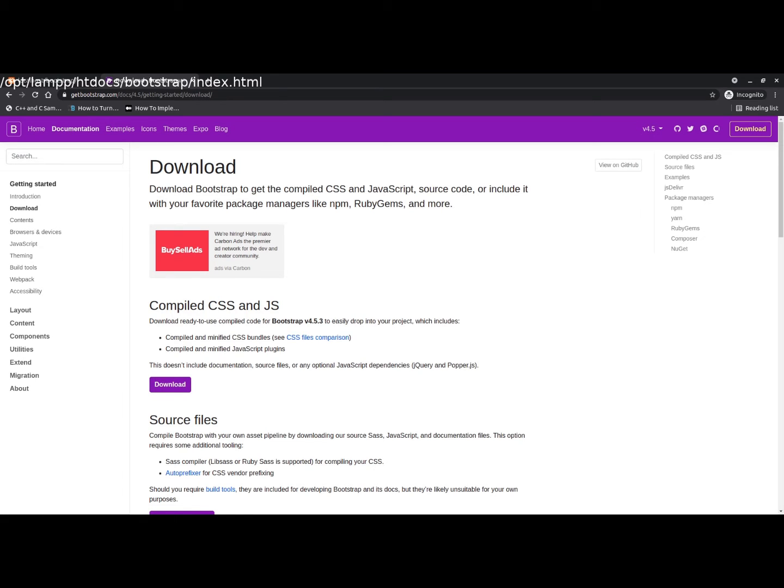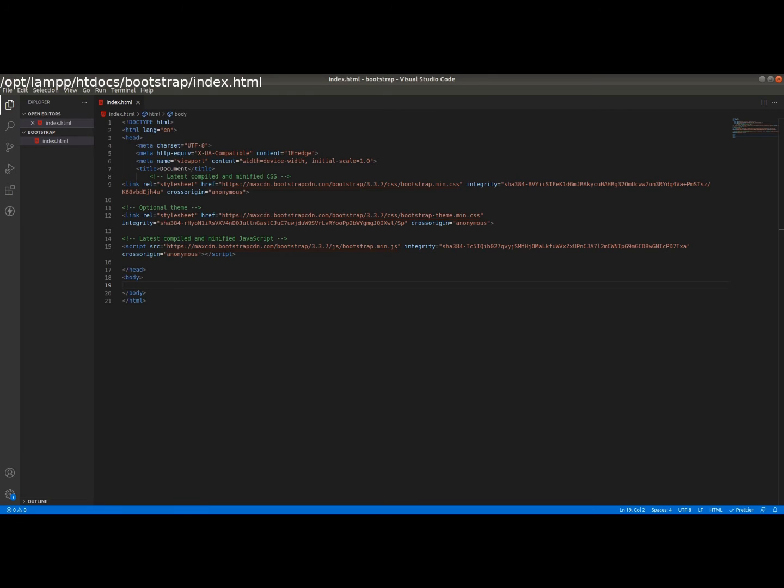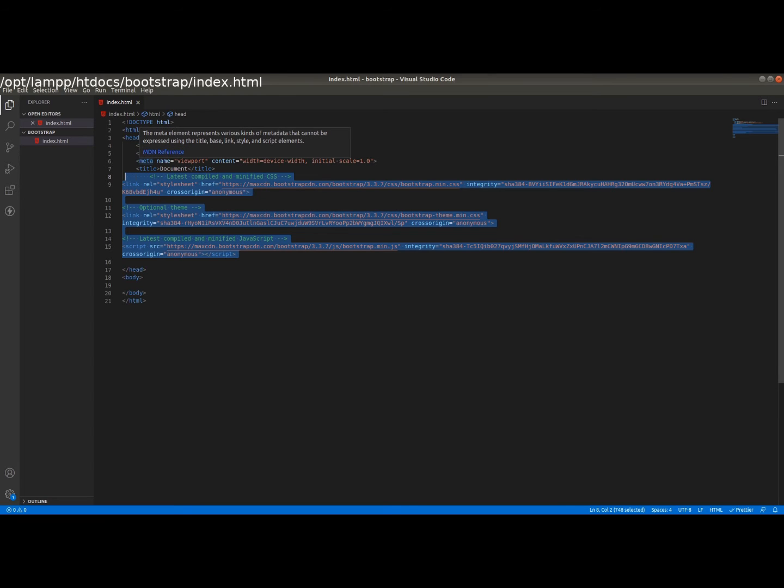This folder consists of the CSS, fonts, and JS files. You just copy this folder into your project, and instead of the lines we used in the head tag, you just import your CSS file here. So this is about how to install Bootstrap in your web page.